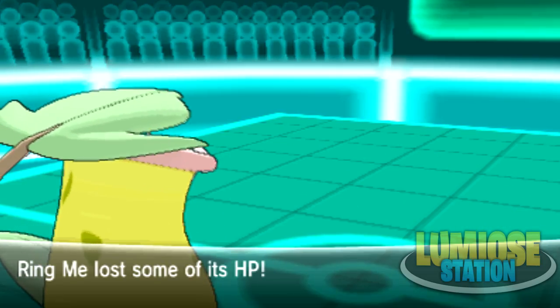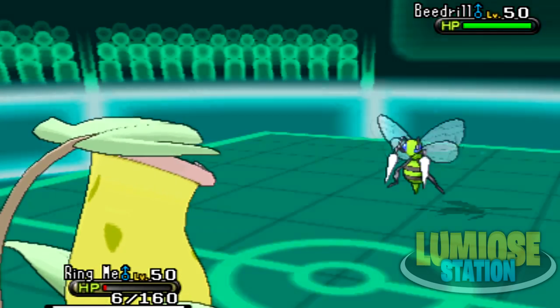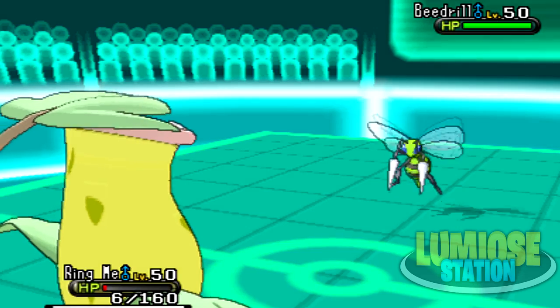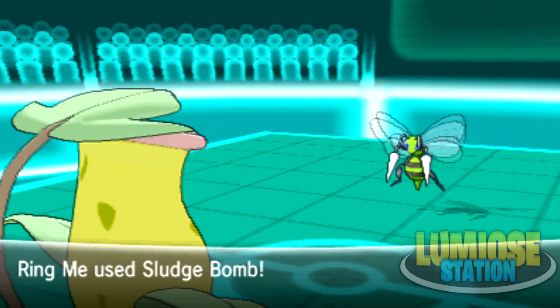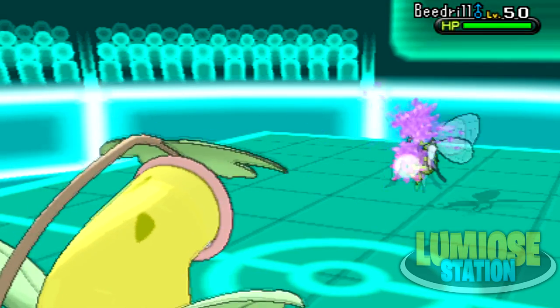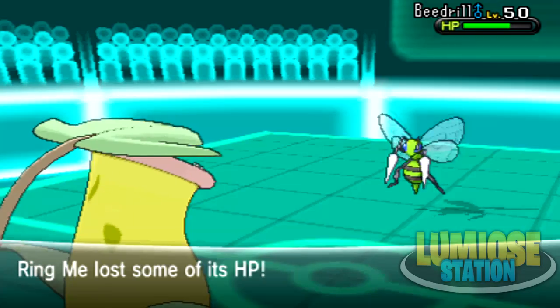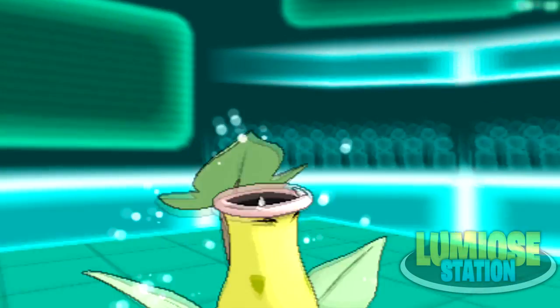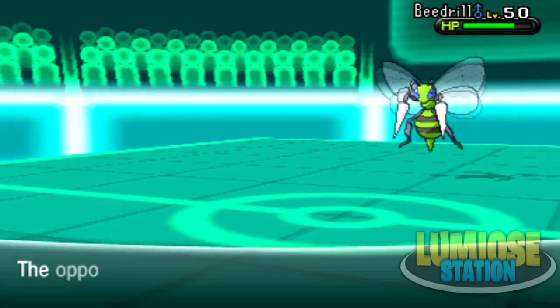Now I just kind of have to worry about the Pangoro as he brings in the Beedrill. I thought he would just take this opportunity to knock me out, so I decided just to go for the Sludge Bomb, hoping that I would be faster than him, but he actually makes a really smart play and he goes for a layer of Toxic Spikes. Now this is bad because my last two Pokemon are Grumpig and Rampardos, which are affected by Toxic Spikes. So from the looks of it, this is really not looking good for me